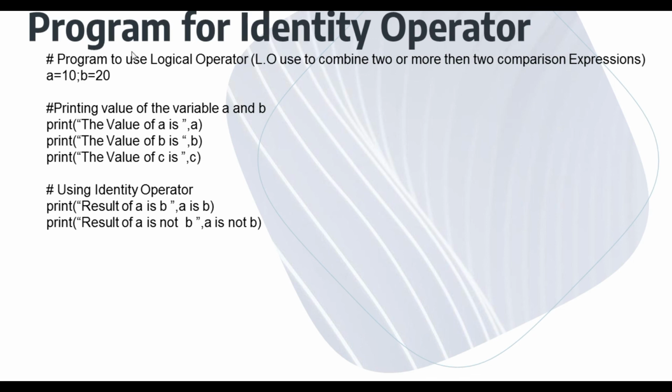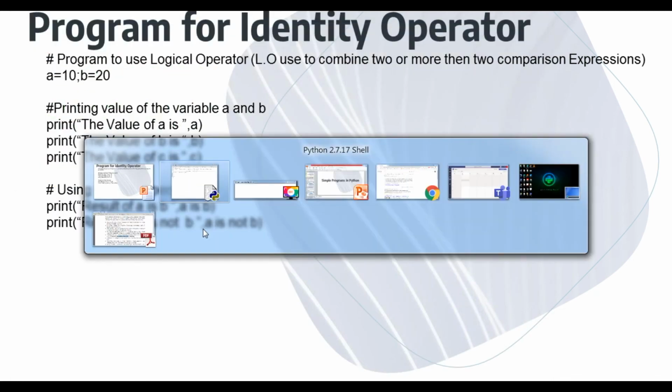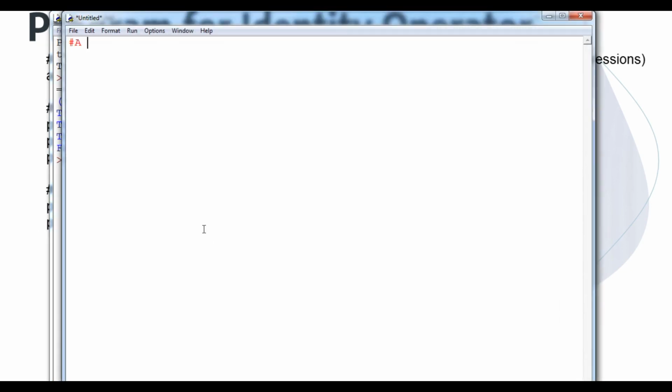Here I have used a and b, and I have used values a, b, c. I have printed them, and after that I have used within these two lines the result of a is b, equal to whatever, true or false. If b or not, it will again be true or false. So let's do it practically, student. I'm going to close it, and I'm going to create a new file with a program